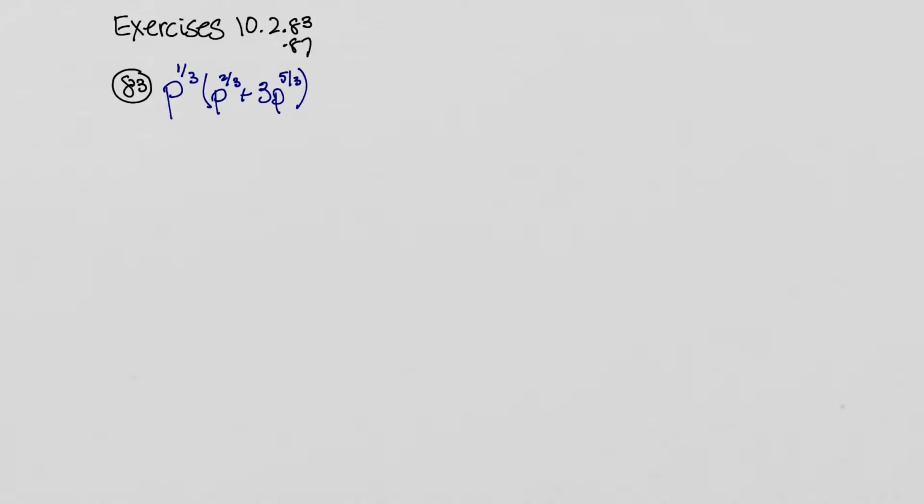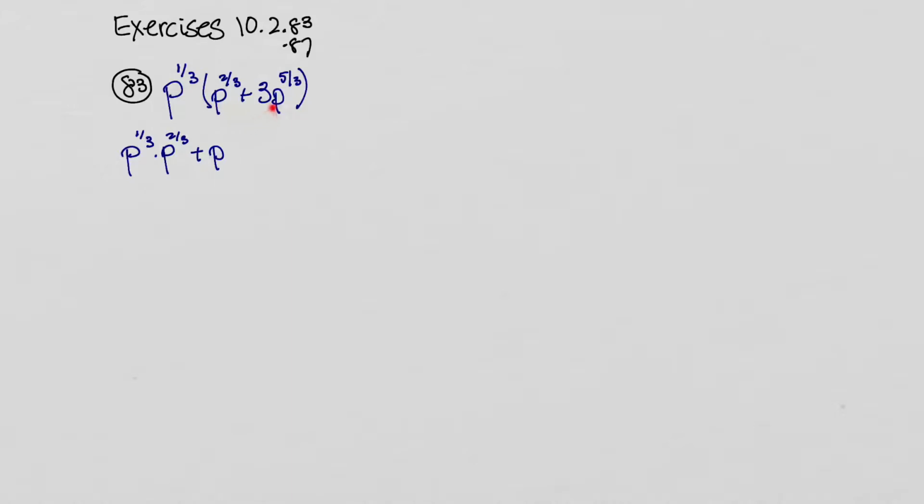Now in this problem, 83, again, we're going to use the rule of exponents. Now I know I can distribute here, and when I distribute, I'm going to be multiplying, so I'm going to add the exponents. But let's just distribute first. Maybe just one step at a time here. So we're going to get p to the 1/3 times p to the 2/3 plus,